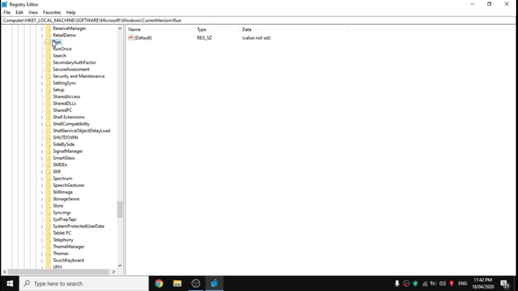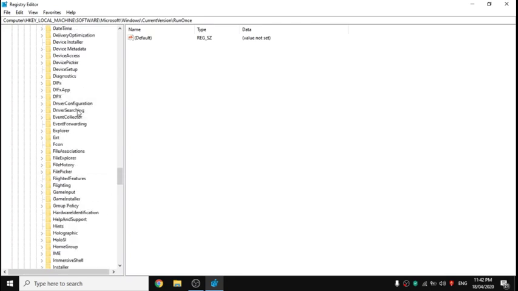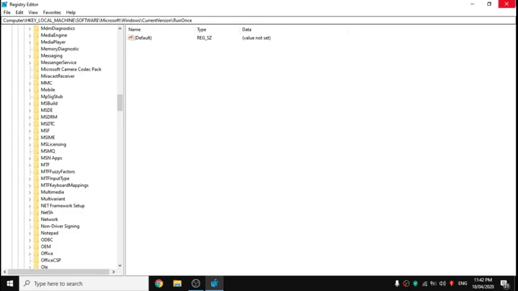Even in this folder, you have to repeat the same thing. Look for suspicious files that you think the malware is using to run on your system, and delete them. Again go into the RunOnce folder and do the same thing. When you are finished, close this app.